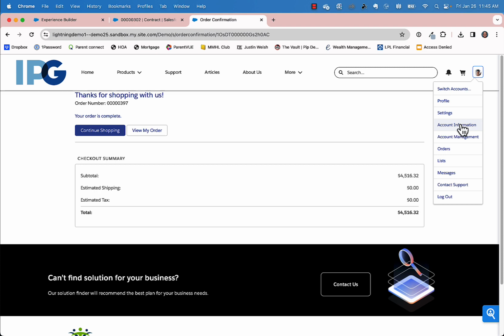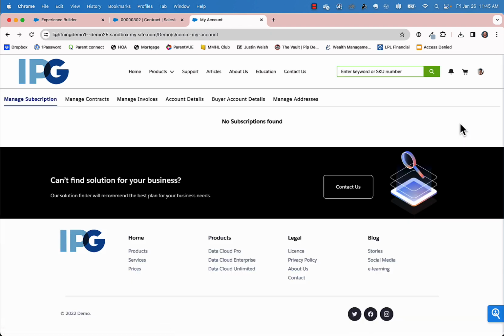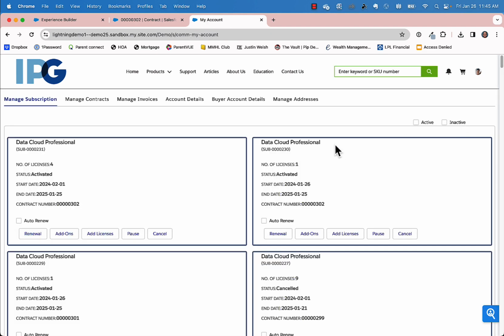Lauren can go back here and look at her account information, and Lauren's seeing the exact same information. She's seeing the 1 license that was originally purchased, and she's seeing the 4 that were prorated. Now, this is showing at the subscription level. You could also show it at the contract level, but the power here is being able to allow customers to